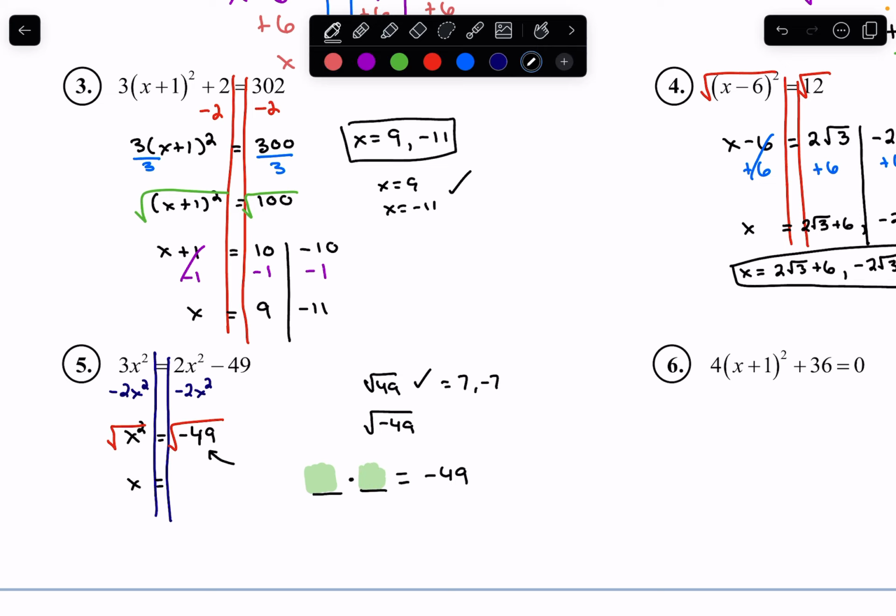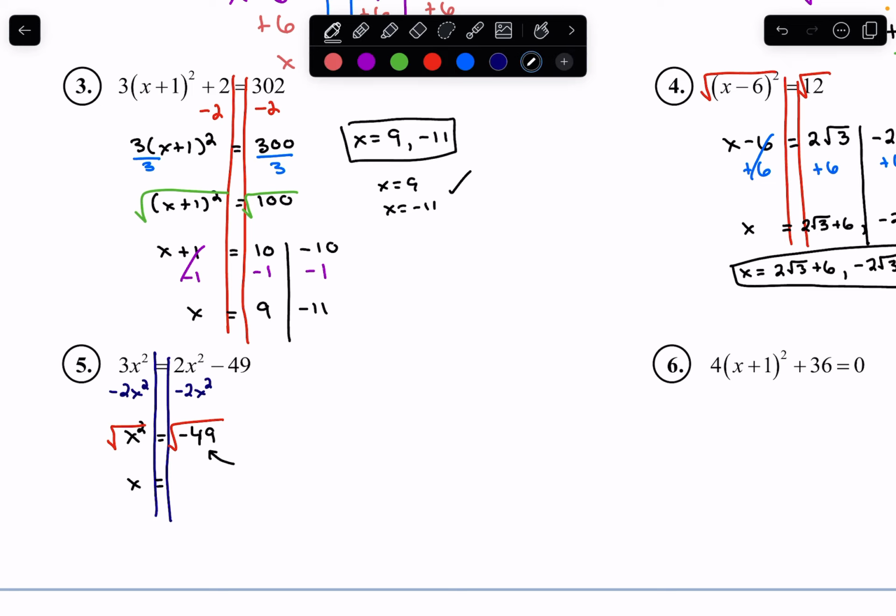So they either have to be 7 and 7 or negative 7 times negative 7. But that doesn't work because 7 times 7 is positive 49. It's not negative 49. Negative 7 times negative 7 is also positive 49, not negative 49. So it doesn't matter what I do, I cannot square root a negative 49 because there's no answer for that